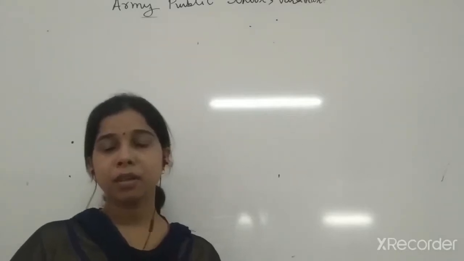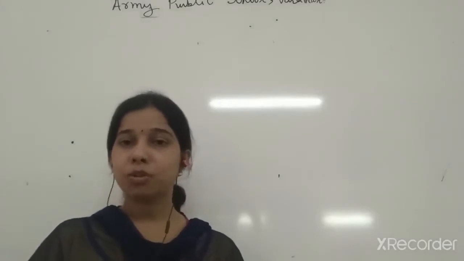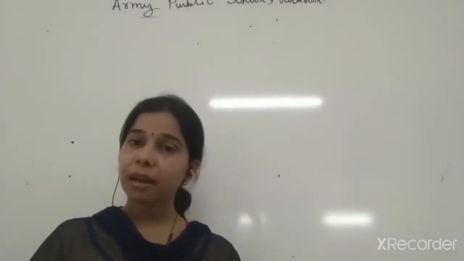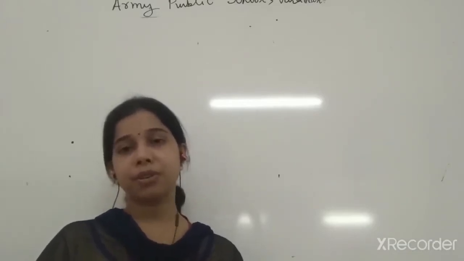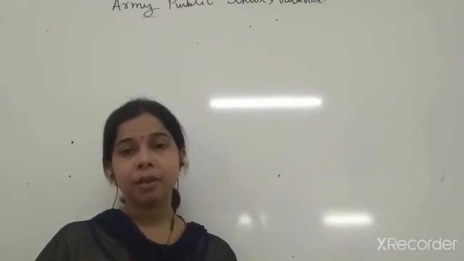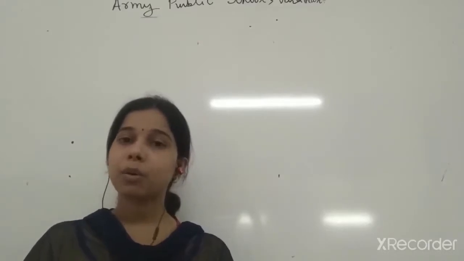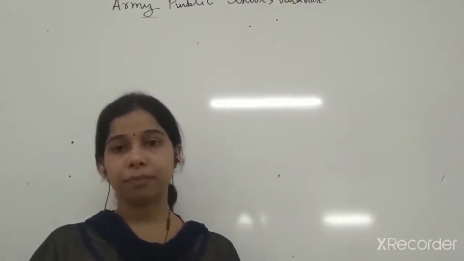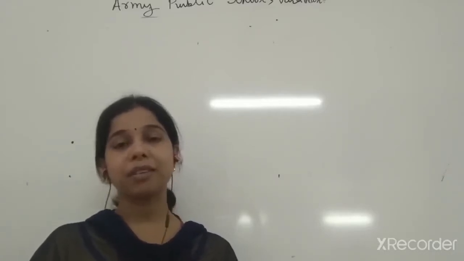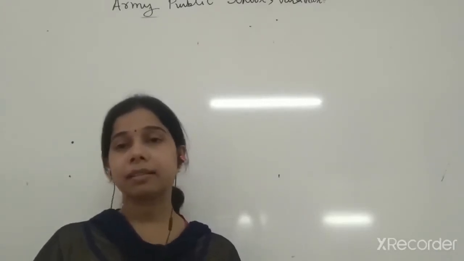Hello students. In the previous class we were talking about atoms. We studied what atoms are, what the size of an atom is, and how we can measure the mass of an atom. To measure the mass of an atom we always take a reference unit. Why is it so? It is because atoms are very small, so it is very difficult to find the mass of a single atom. So what kind of reference unit did scientists recommend?